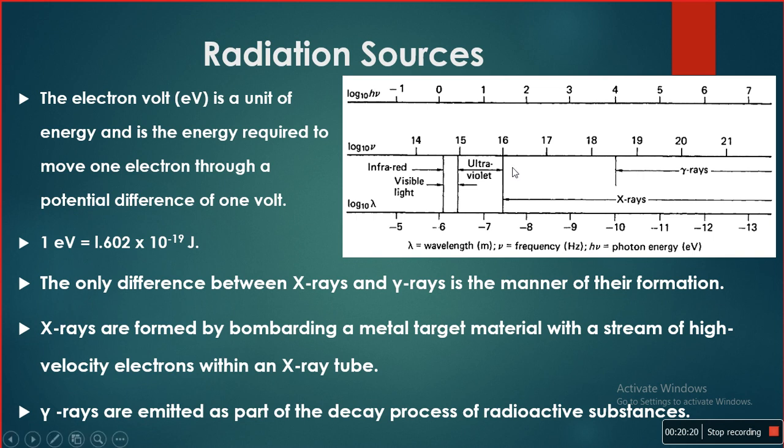So in the case of X-rays, we can control the amount of X-ray radiation, but here, as it is a process of decay of a substance, it is very difficult to control the amount of radiation. With the help of a few mechanisms, it can be controlled afterwards. But if you consider only a substance which naturally emits radiation, it is very difficult to control the emission of radiation.